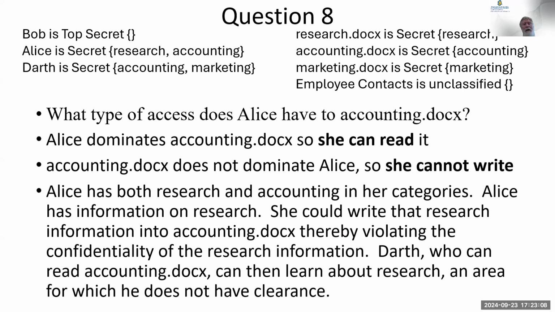That's correct. Alice can neither write to research or accounting, but she can read both of them. There is a very interesting question: how could she possibly do her job? It becomes complicated. One of the reasons I didn't say Bob has all the categories is that then Bob can't write anything, unless the document has all the categories. Well, we'll get to this.